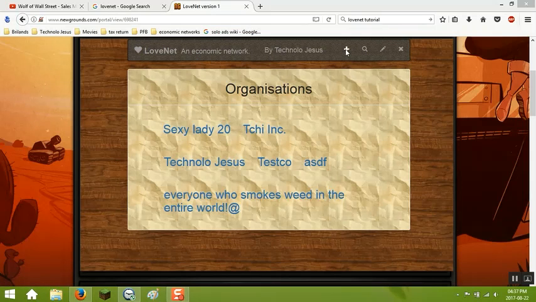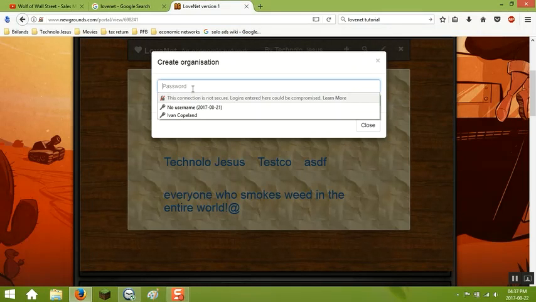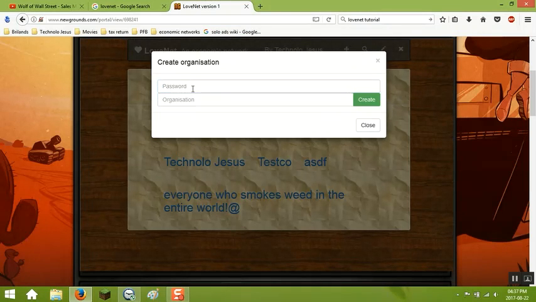So let's begin. First of all, we have these controllers at the top here on the controller bar. So just click the plus symbol to start with. You got to make an organization first of all. So just type in the name of your organization, like for instance, Toys R Us, and you got to make